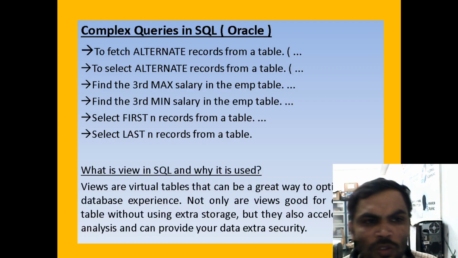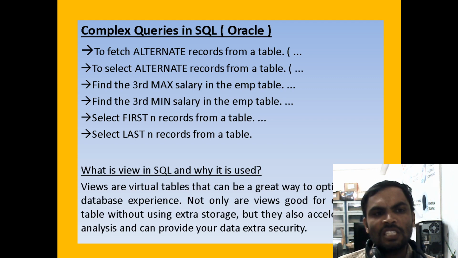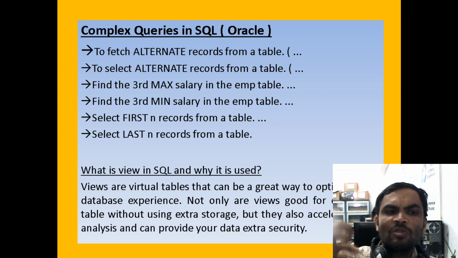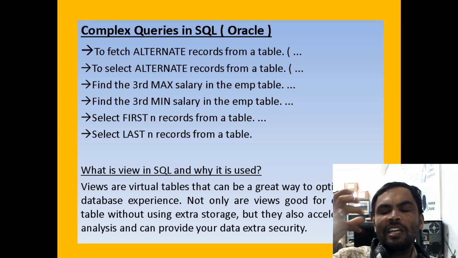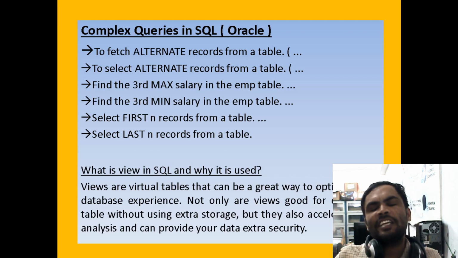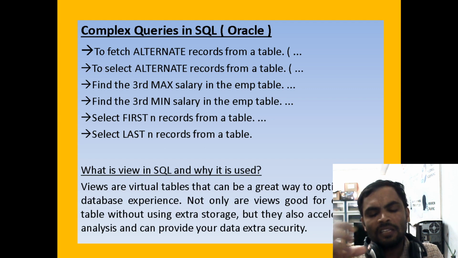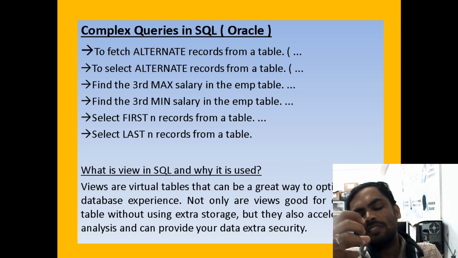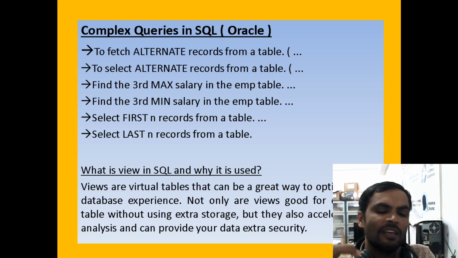Now, let's see what the complex queries are. The major complex queries in SQL are the subqueries, where we have an outer query and an inner query. For example, if you take two select statements in a nested query, the first one we consider the outer query. The one inside the from clause or inside the where clause, if you write a select statement there, we consider it the inner query. I am just talking about only two queries.